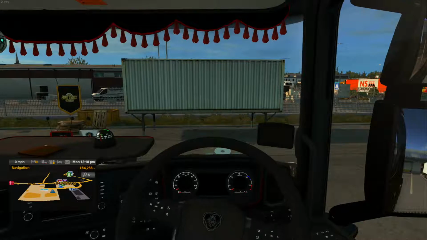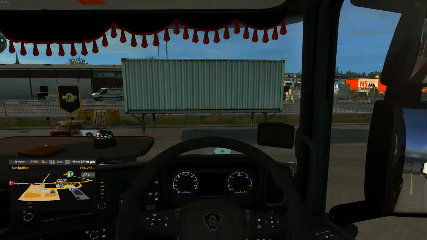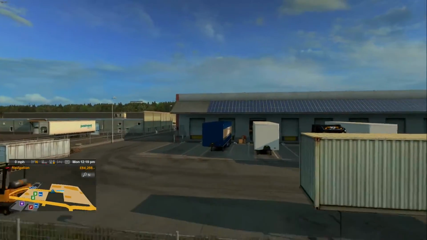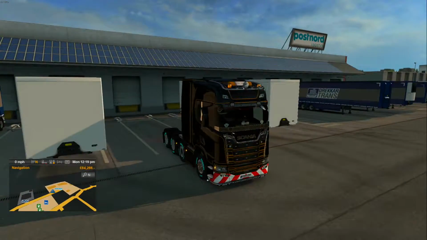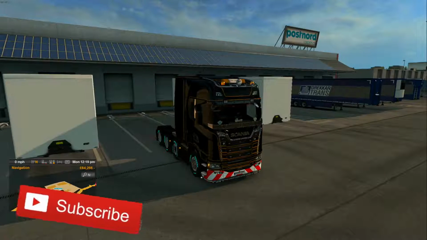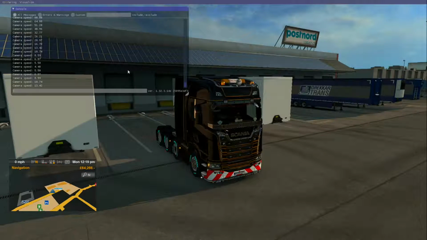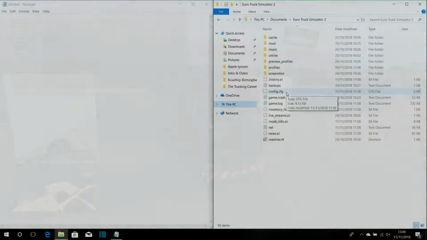As you can see, we are in Euro Truck, but it's not going to be a trucking career video, because this is going to be a tutorial video on how I can just simply look at the truck like this from any perspective that I like. So in this video I'm going to show you how you can do that, and also how you can get this inside Euro Truck. Okay, so in order to enable the console, you need to find this file right here,